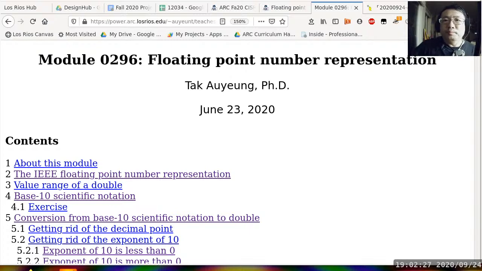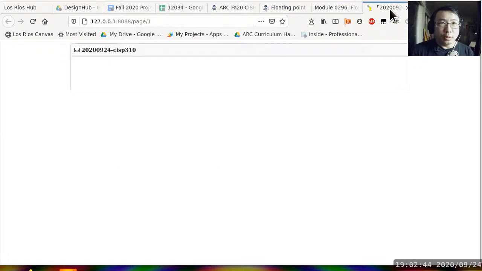All right, so now we can get started with floating point number representation. Instead of getting into the actual floating point number representation right away, I'm going to first introduce scientific notation. Hopefully everybody in this class already knows what scientific notation is. If not, this is a very quick introduction to